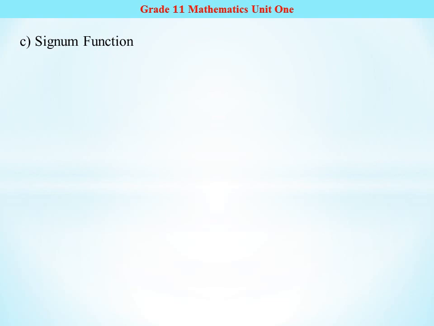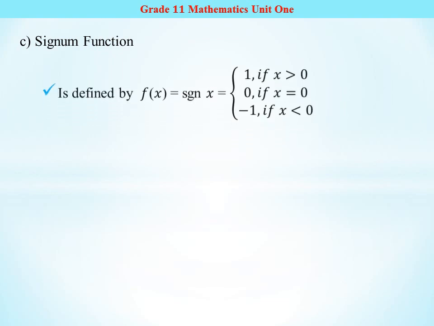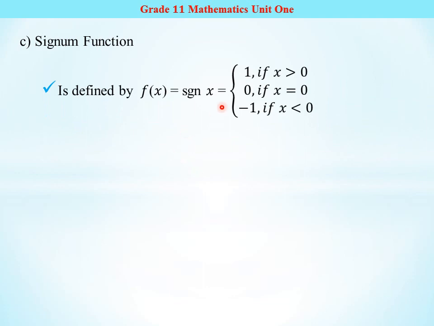ሶስተኛው የፋንክሽን አይነት ሲግነም ፋንክሽን። Signum function is denoted by this one, which is defined as a piecewise function: 1 if x greater than 0, 0 if x is equal to 0, minus 1 if x less than 0. ስለዚህ ሲግነም ፋንክሽን ማለት ፒስዋይስ ፋንክሽን ስትራክቸር ያለው ነው። ይሄ ሪስትሪክሽንን ተጠቅመን ሲግነም ፋንክሽንን ዲፋይን ማድረግ እንችላለን። እዚህ ላይ ዶሜኑ